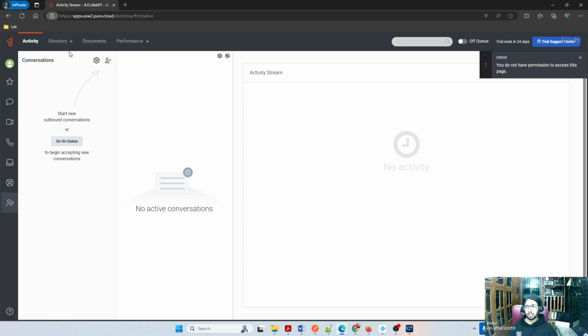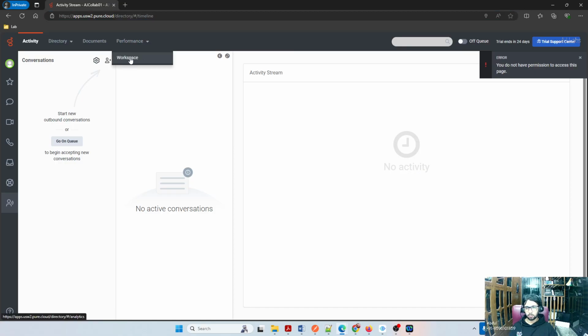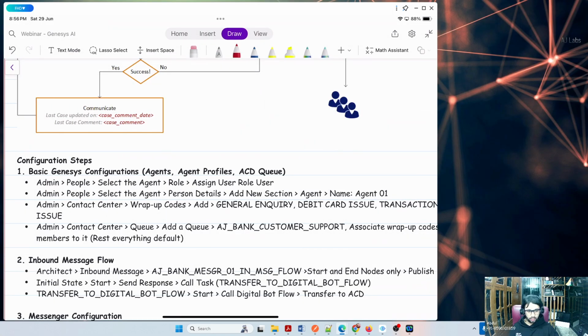When you log in as an agent, this is how you see it. See, I don't have the admin interface here. I don't have many menu options. I only have the workspace option available here. So it's all role driven. A user logs in, this is what he sees, like an agent. When an administrator logs in, that's where you see the admin menu and all other stuff. We drifted apart somewhere when we were discussing that.